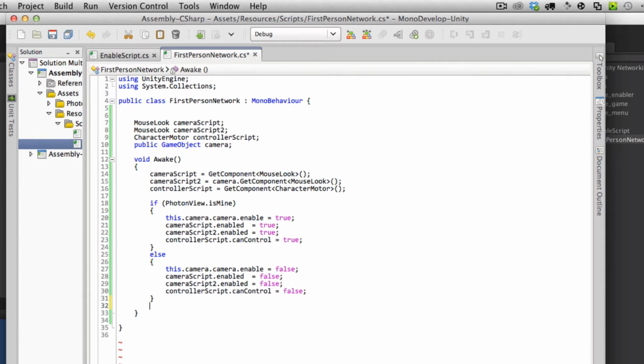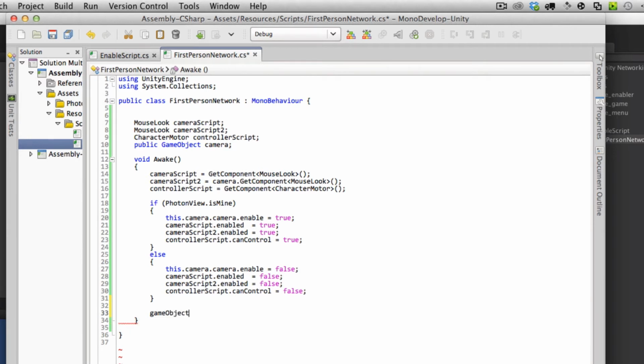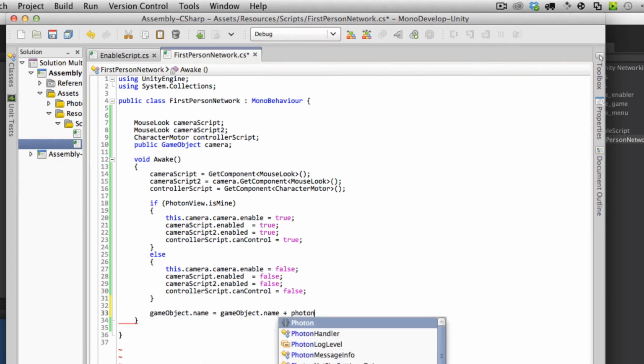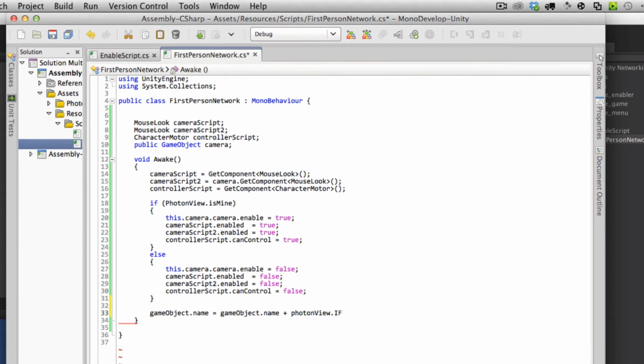So after that, game object, whoops, not what I wanted. Hold on. Alright, so that game object, there we go. That name equals game object dot name plus photon view dot id. Alright,